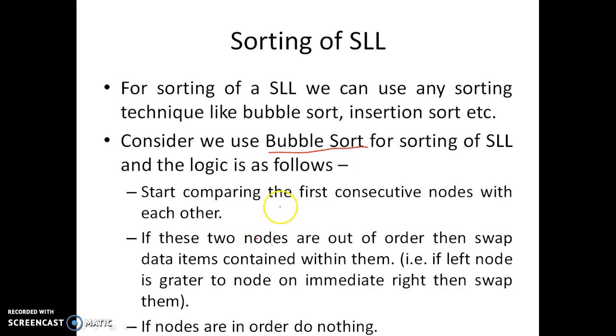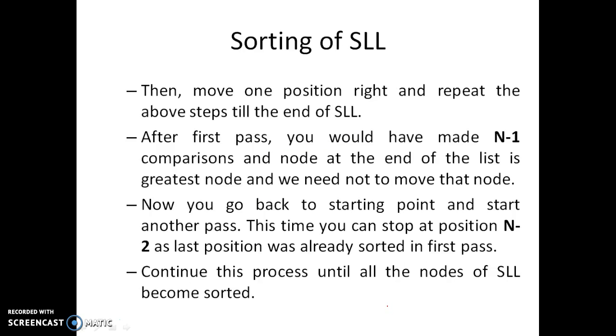The main steps involved in the bubble sort are to compare the first and second node, that is, compare consecutive nodes at each iteration, but at the initial state it will compare the first and second node. If both these nodes are out of order, that is, the left node or the first node is greater than the second, then swap them. If they are in order, do nothing. Now if both are out of order, swap them, go for the next, that is second and third node,